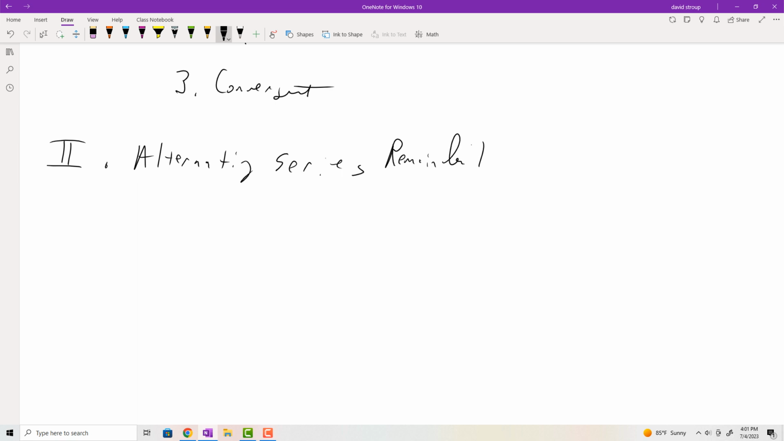I used to always call it the alternating series estimation theorem. I don't know why they're calling it this remainder theorem. Okay, but it used to be theorem